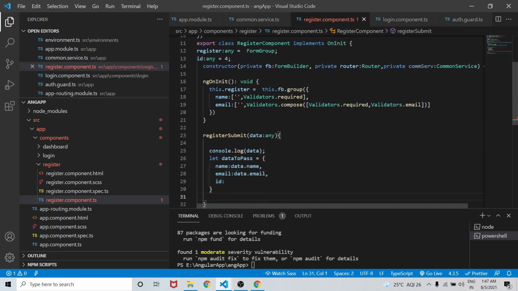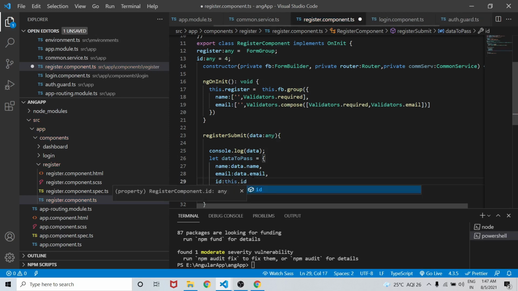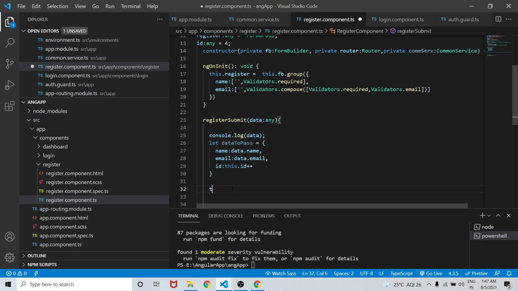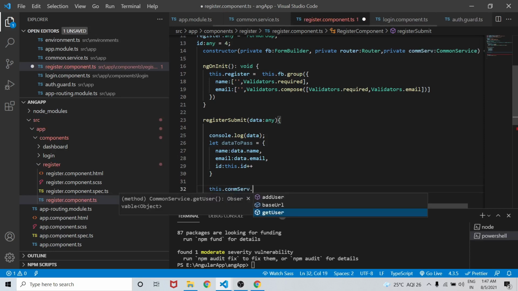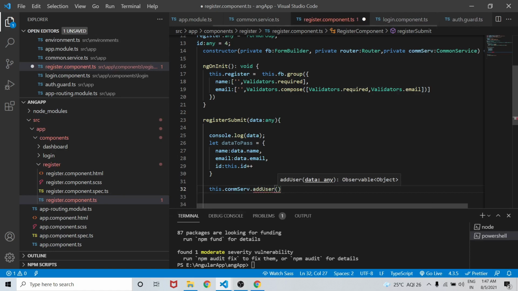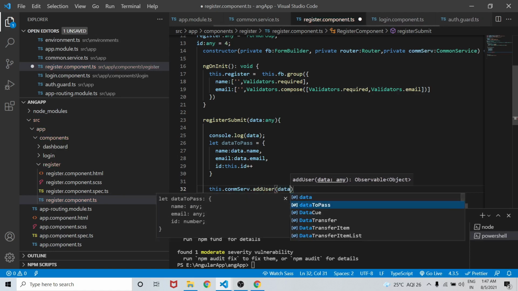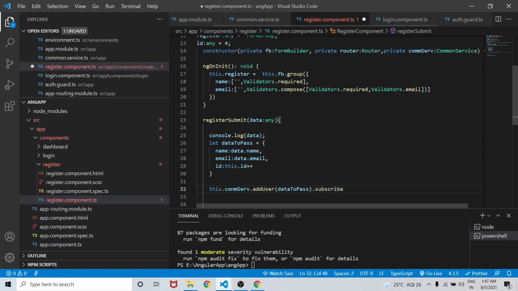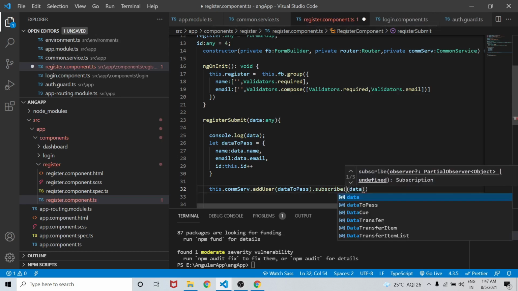Let's scroll down again and let it be id as 4, or we can directly add this.id++. Now what we will do is we will write this.commonService.addUser. Inside addUser we will pass this dataToPass object, dot subscribe, data of type any,